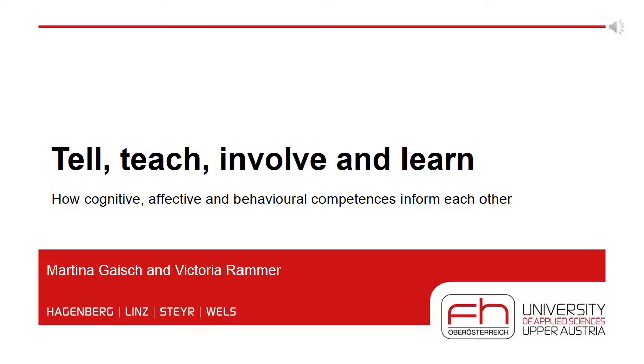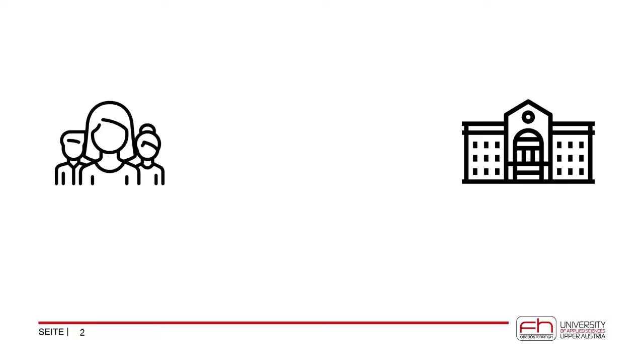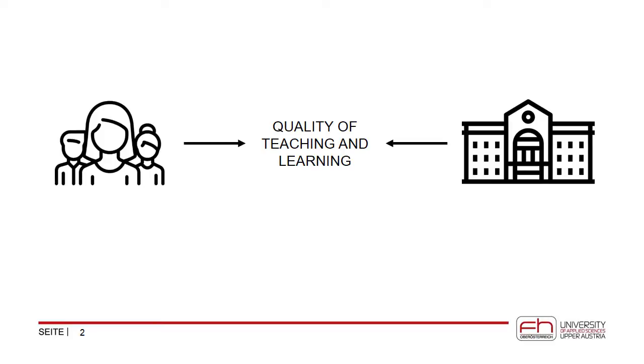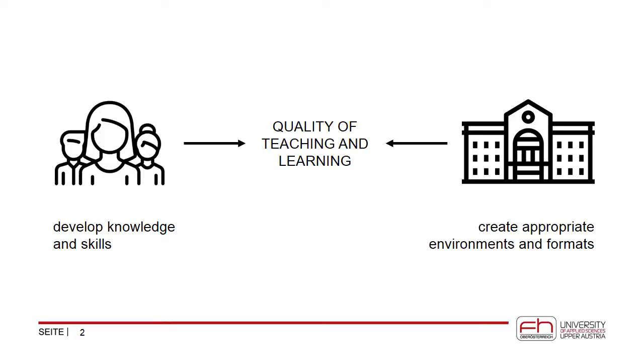Tell, teach, involve, and learn. How cognitive, affective, and behavioral competences inform each other. Both students and institutions bear equal responsibility for the quality of teaching and learning. Students must make the necessary efforts to develop their knowledge and skills, and institutions must create appropriate environments and formats